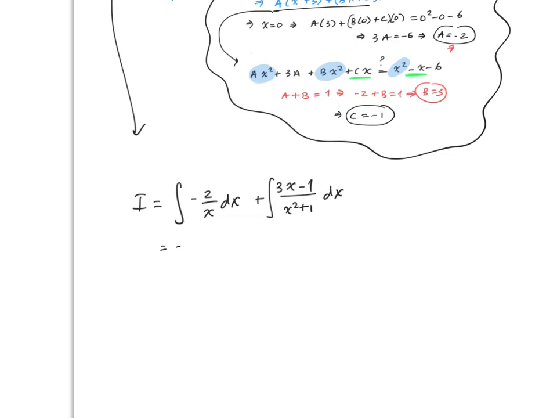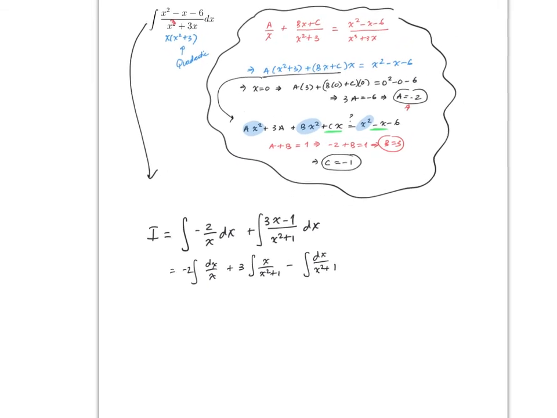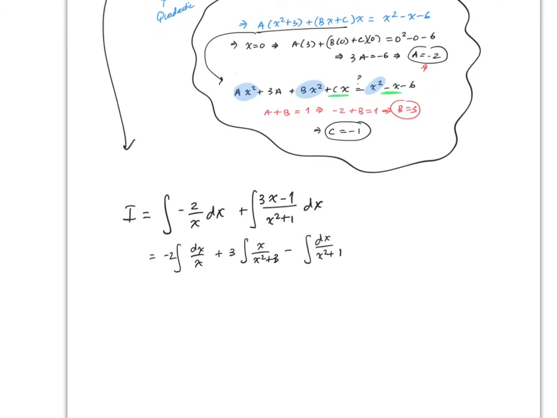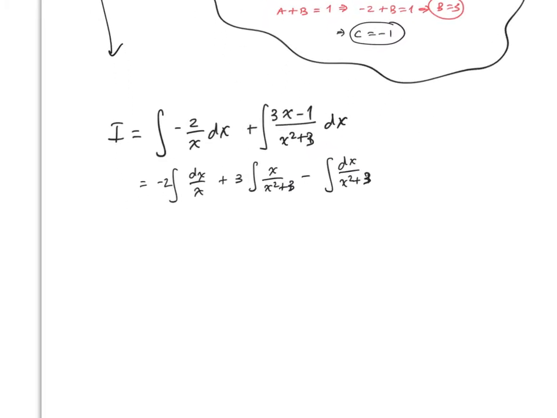And you can break this into now 3 integrals. This will be minus 2 dx over x. This will be 3x over x squared plus 3. And then minus 1 over x squared plus 3. Okay. And this one is easy. We have done it 3 or 4 times in the previous example. This is just minus 2 ln